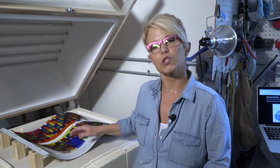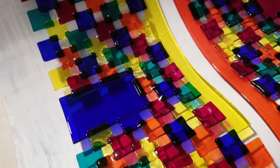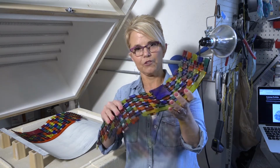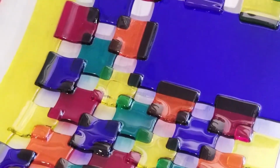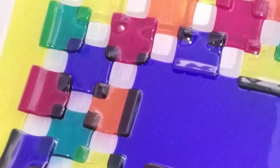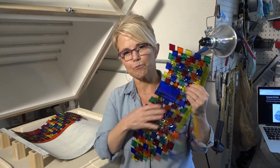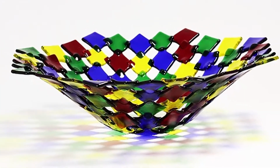One of the fabulous things about glass fusing is that you're able to shape the glass into whatever you want within reason. As you can see here, these have been slumped on a stainless steel mold to get this beautiful wave shape. And this will be a wall hanging. Each one of these squares were cut by hand and laid on here, right on the kiln shelf, so it didn't have to be disturbed when I moved it. And this just gives it a beautiful curved shape and texture that makes it just a little different from other